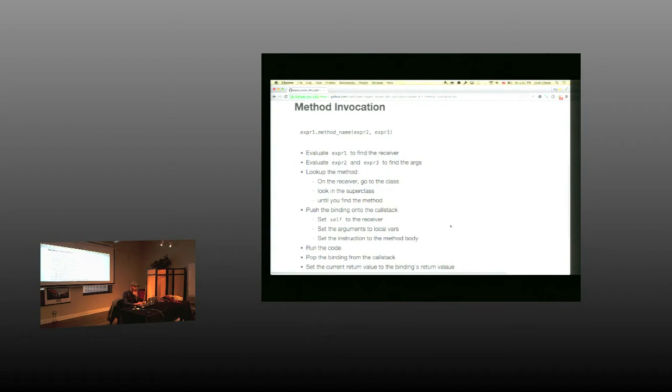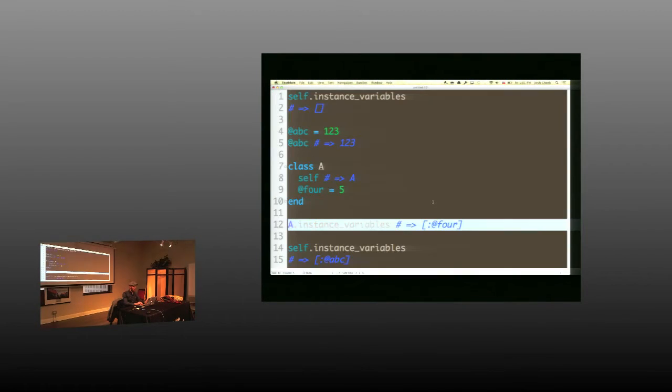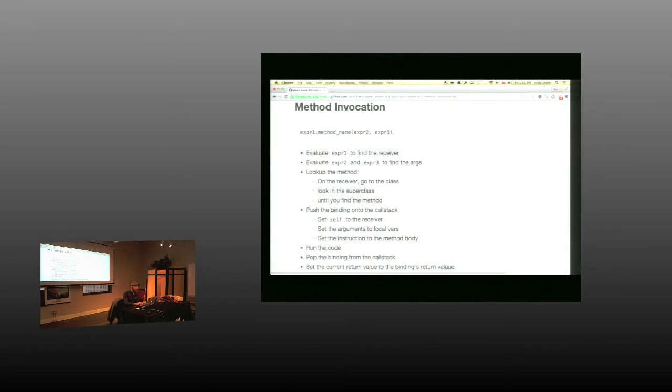Let's talk about calling a method now. Whenever you have a method invocation, something like this, expr means some piece of Ruby code that can be anything really. And then we invoke a method whose name in this case is method name, and I give it 2 arguments. The question is, how does that work, given that I'm asserting all of Ruby comes out of these 3 structures?